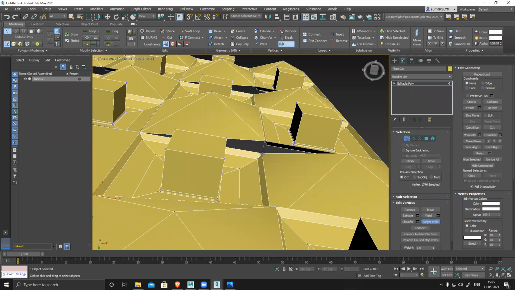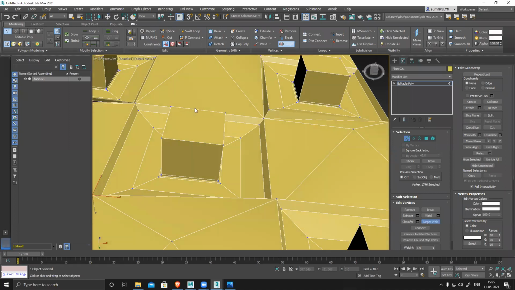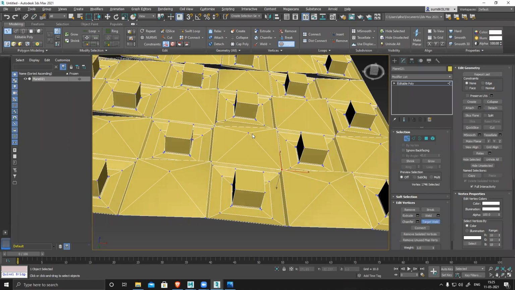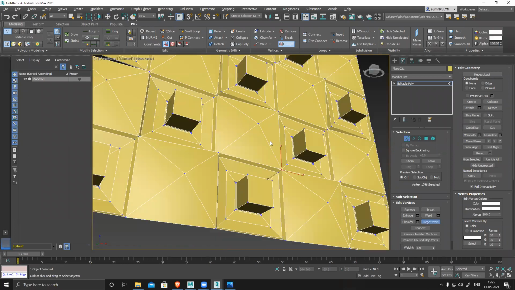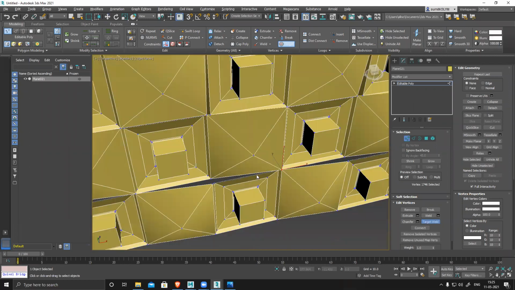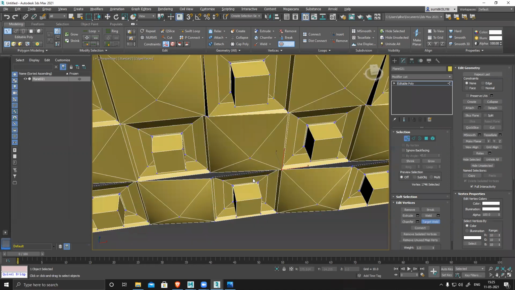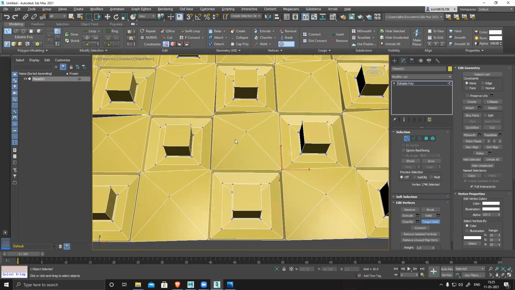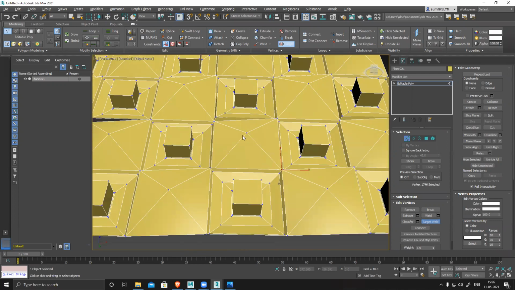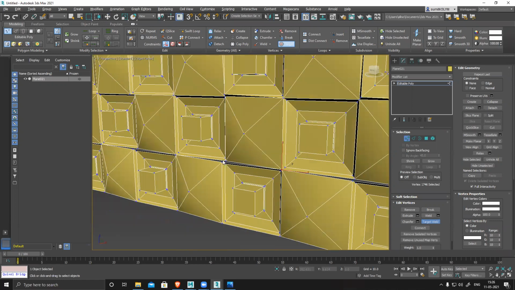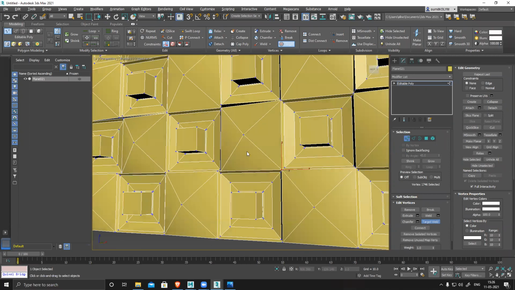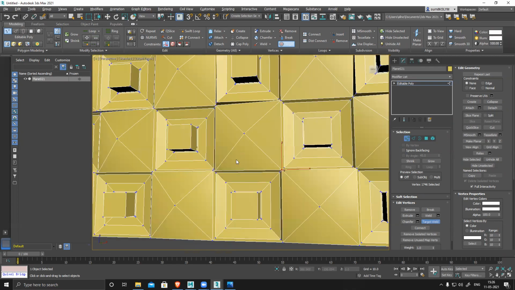Why is the surface different on both sides? That is strange.